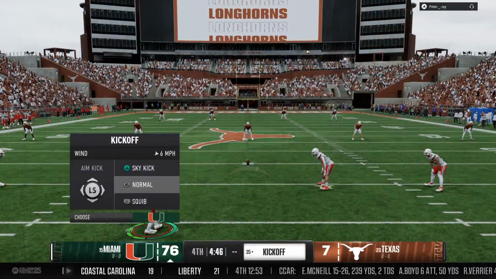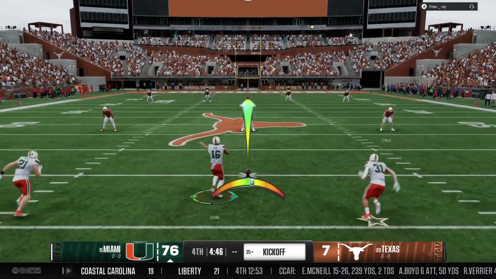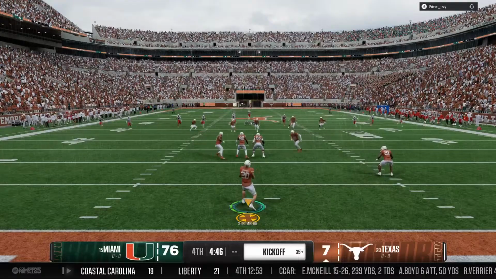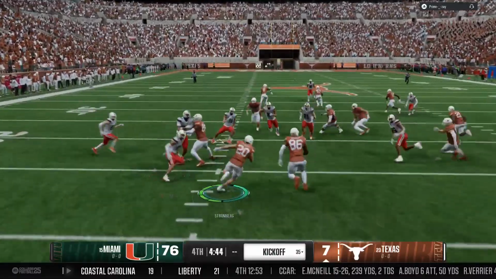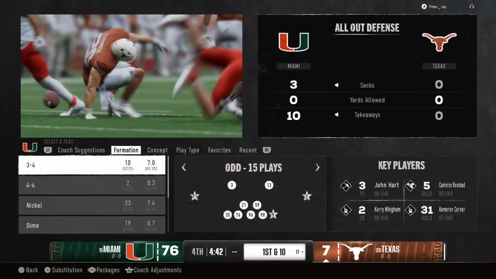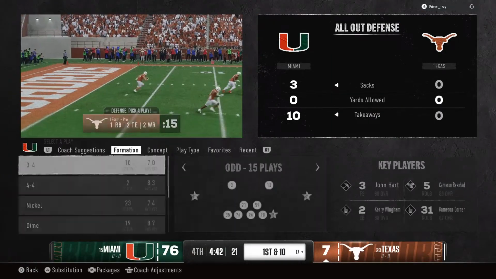Here's the kickoff team. Let's see if they give the returner an opportunity to bring this back. Texas. Return starts from inside the 5. They'll be tackled at the 17. Strong job by the coverage team. And your Texas Longhorns will take over. 1st and